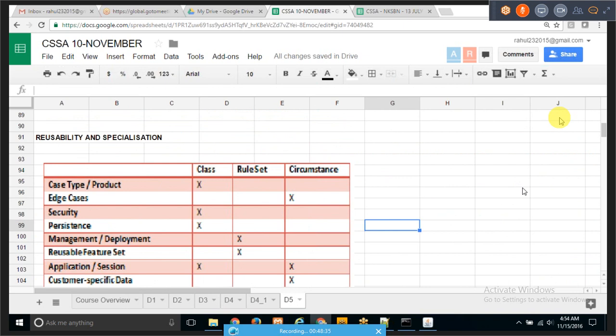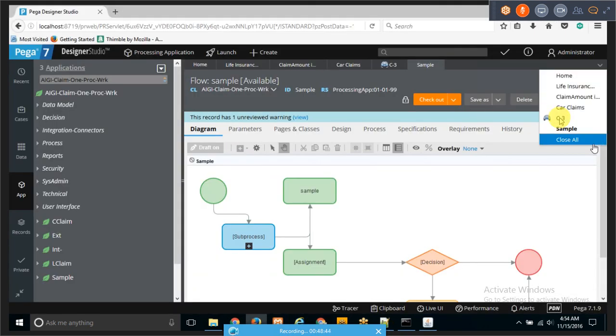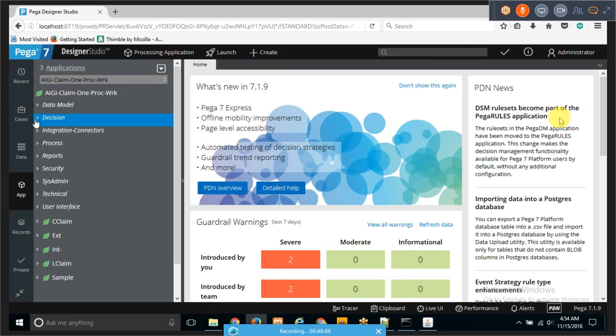Let me know if there are any doubts around this. If not, I want to talk to you guys about separate rule set types. I want to quickly cover that, because last time I missed covering it. So what we have here is,